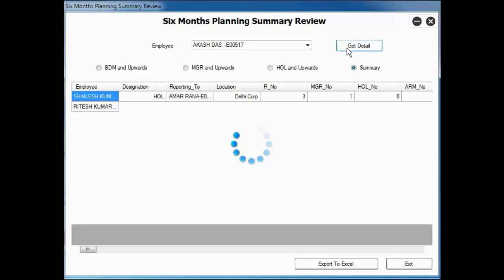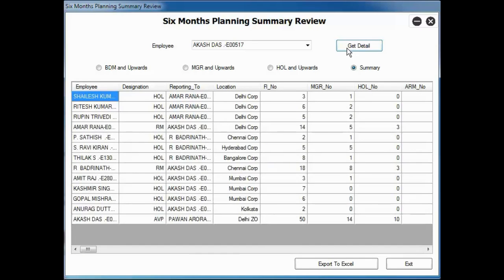Of course, since the data is humongous, it will take a little while for the entire data to come up and be seen here. So let's give it 1 minute to collect all the information. So it's not even taken a minute. Here you have all the details of HOL and above, showing you the designation, who they are reporting into,